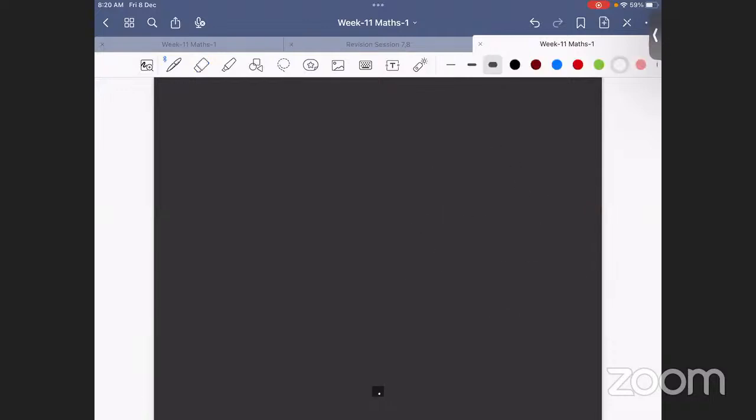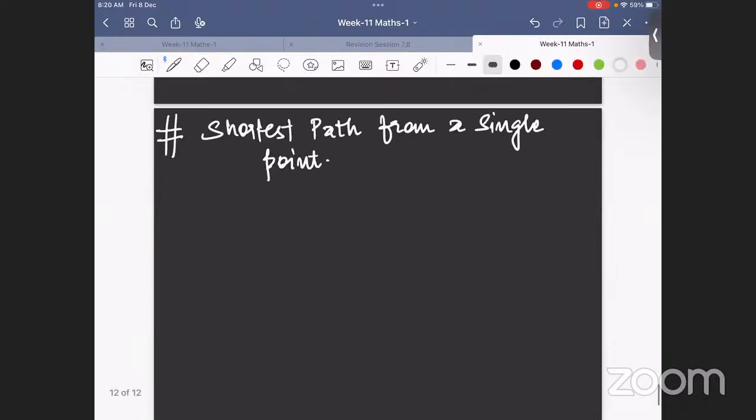Here also there is some algorithm that will help you to know about the shortest path from a single point, or maybe there is an algorithm that will help you to know the shortest path from any vertex to the other vertices. Okay, so the first thing is the Dijkstra algorithm. In this algorithm, basically you have to calculate the shortest path from a single point